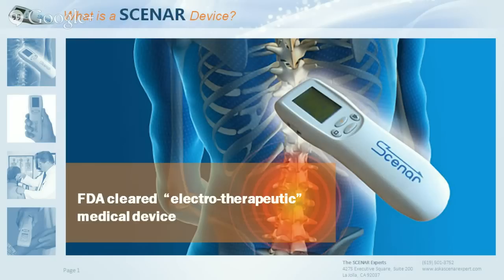So a scanner device is actually an electrotherapeutic medical device. And you see on the screen a picture of a rhythm scanner, a professional unit interacting with the body. And you see actually that it says FDA cleared. The fact that it says that gives you an indication that we are located here in the United States. We're actually in San Diego, California, in the United States, and that the rhythm scanner is an FDA cleared medical